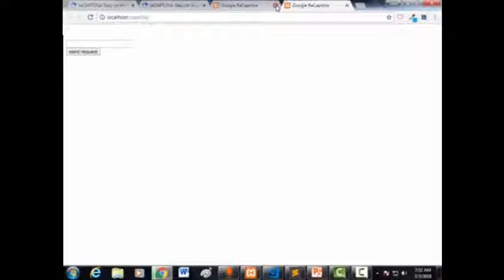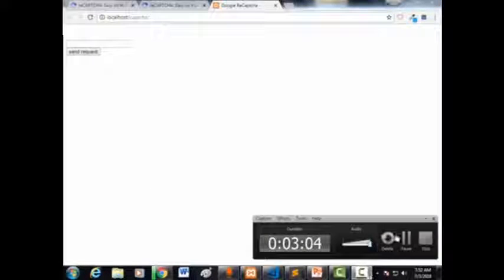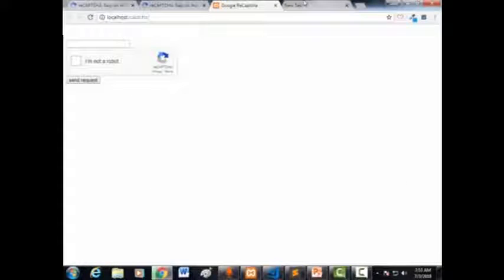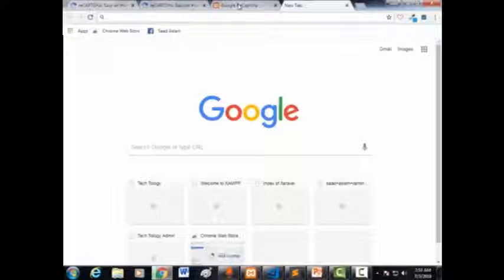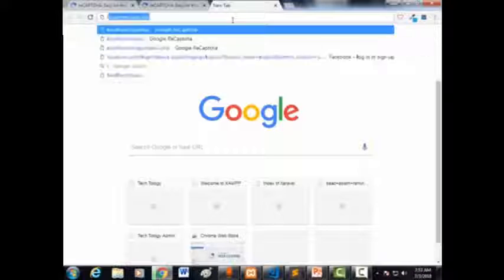There's some mistake in my Google captcha script, and why is it not loading? There was some network error. When I resolved that network error, now again localhost captcha,